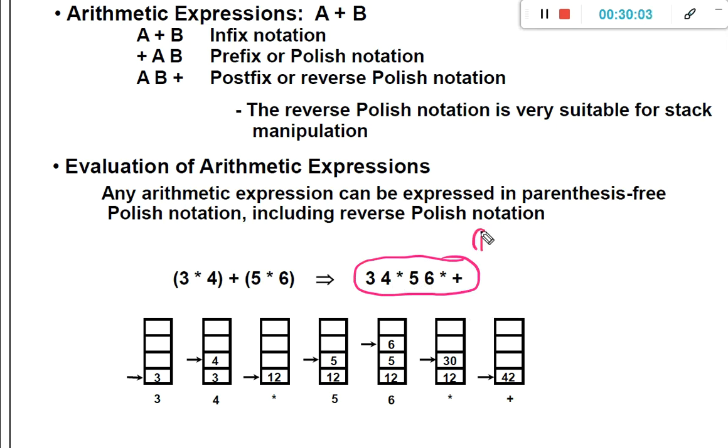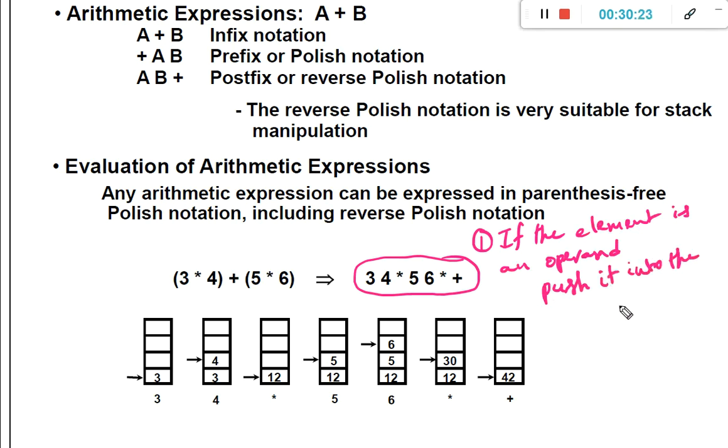Rule number one: if the element is an operand, push it into the stack. Whenever we trace the elements from left to right, if the element is an operand, then simply push it into the stack.